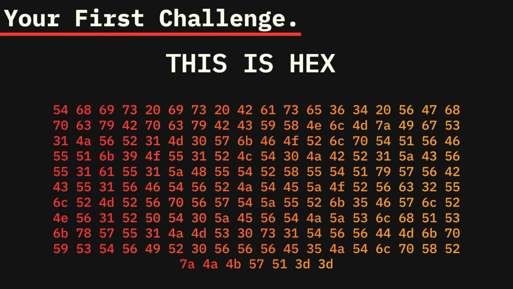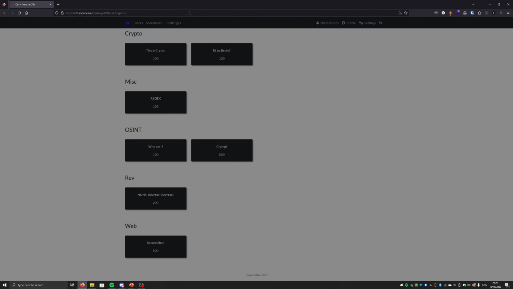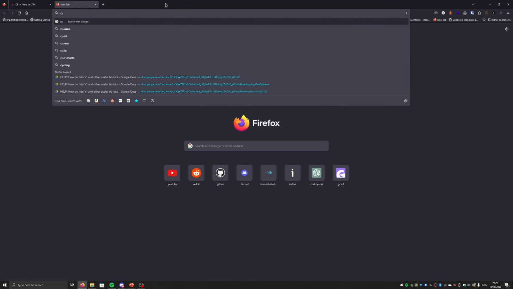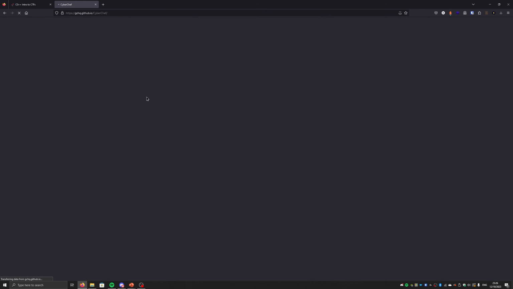Now, you're not expected to know how to read hex. I can't read hex. I don't know anyone who can read hex. So this is where we use our first online tool called CyberChef. CyberChef is an online tool made available through GitHub Pages. So if you search CyberChef, you'll be linked to a GitHub Pages. It'll load,